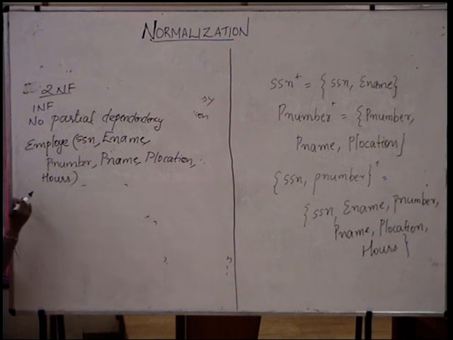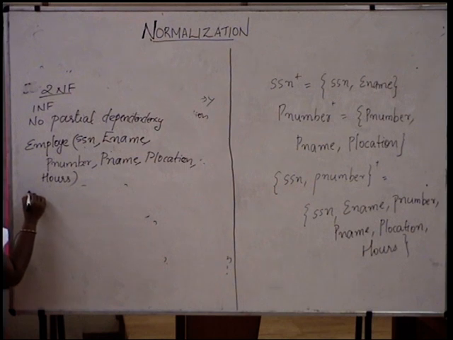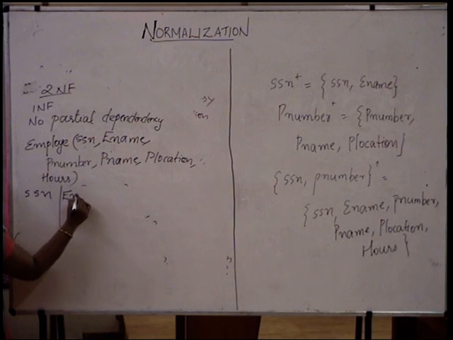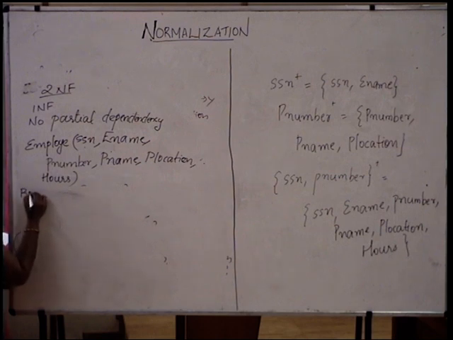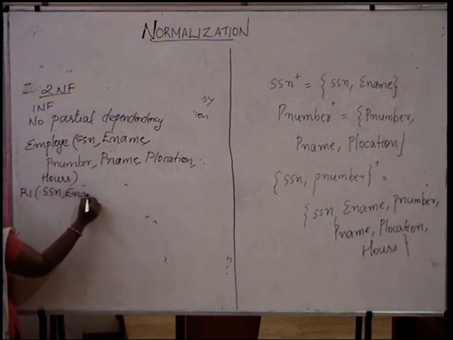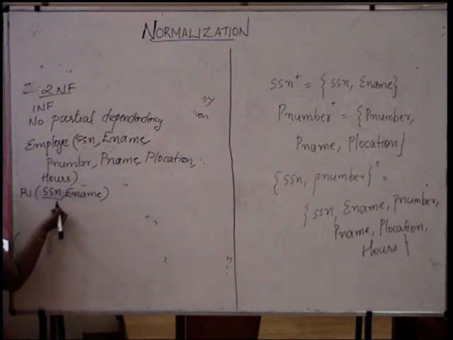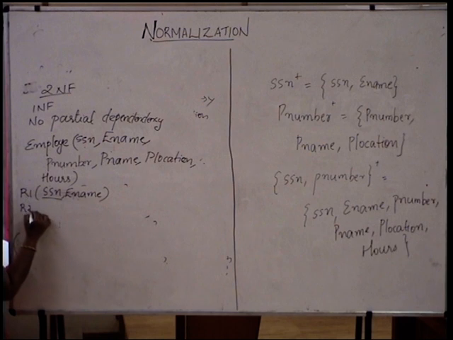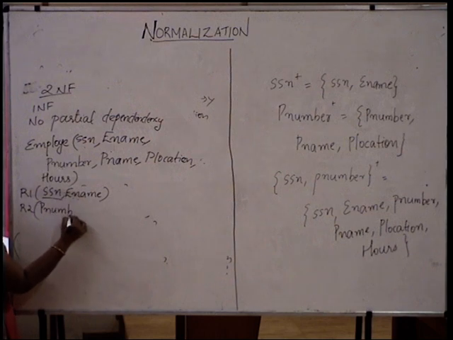First of all, SSN, E name as the first table, we will call it R1. Another partial dependency: R2 will create one more table, P number implies